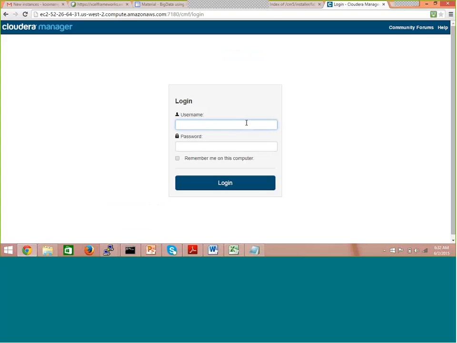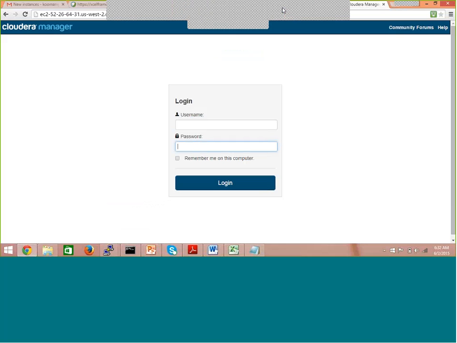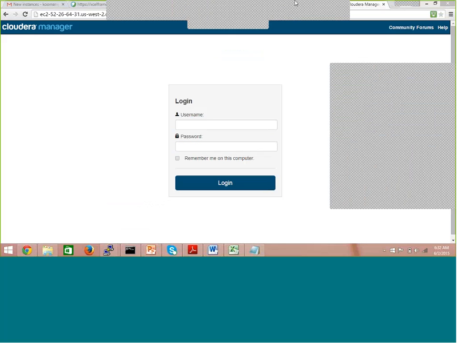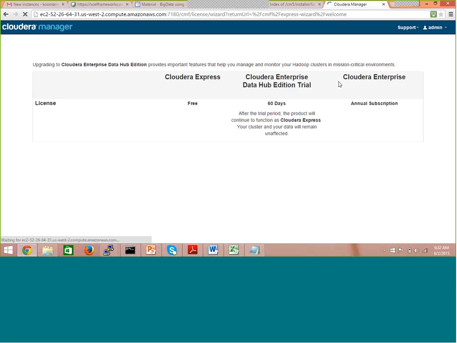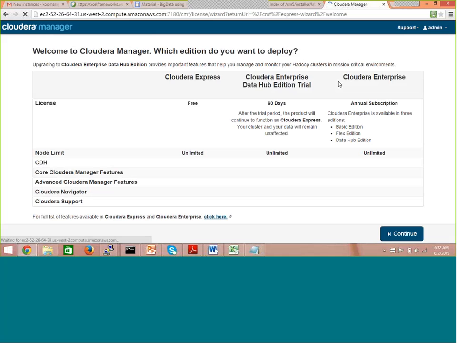Now if you remember a couple of minutes back, it asked me to log in on this port 7180, and it has also given me instructions to log in as user ID admin and a password as admin. Okay, so which is what I would just use now. So log in with admin, and this password is also the same, admin. Say login here. There you go. So this is the first initial screen you'll get,